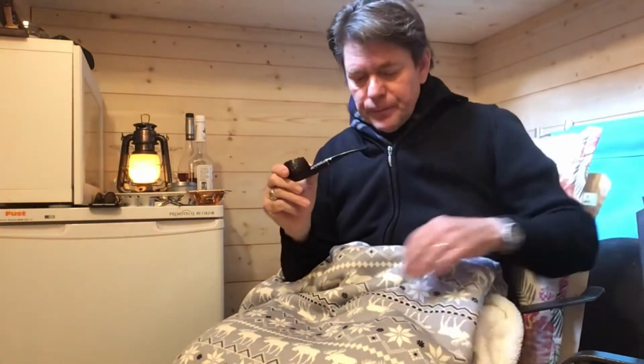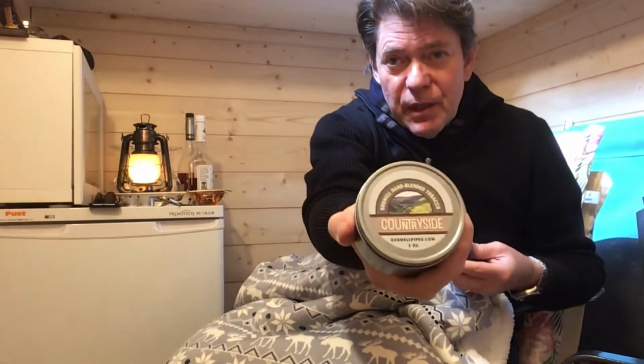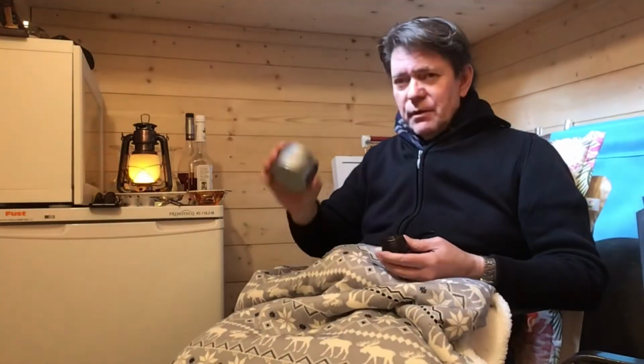Well, this is the last in the series of my venture into English blends, and number 5, as you've seen, is Countryside from Boswell's. I was very curious because this one is a crossover. It's absolutely a topped English blend, what some may call perhaps an American blend, and I'm very fond of those ones because I like a bit of sweetness. Of all the English blends in the last 3 years, I've probably tried a few more of these crossovers,